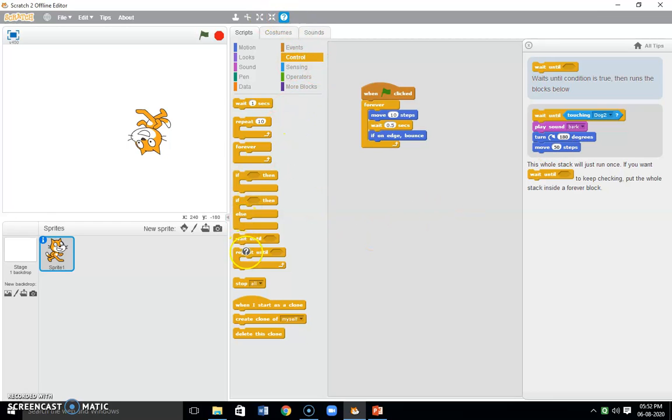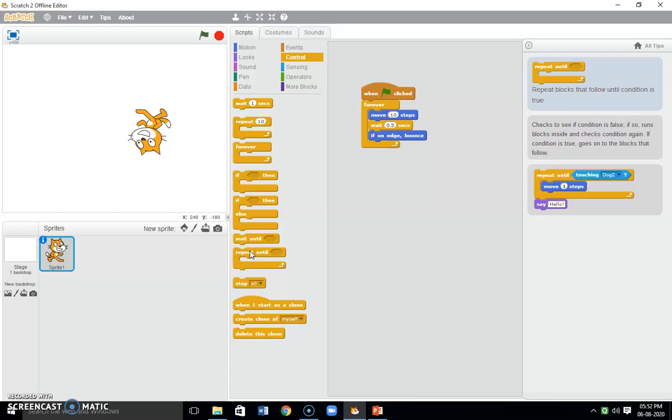Then another control block, repeat until. Repeat the blocks that follow until the condition is true. Checks to see if the condition is false. If so, runs the blocks inside and checks the condition again. If the condition is true, goes on to the blocks that follow.